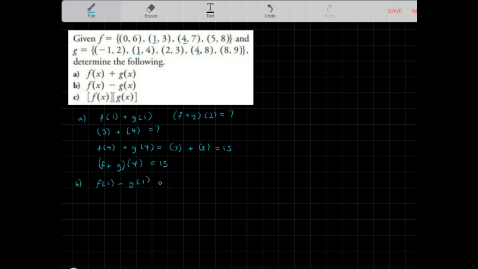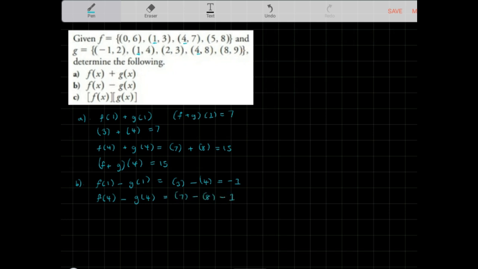So if I do f of 1 minus g of 1, f of 1 here was 3. G of 1 here was 4. So 3 minus 4 here is negative 1. And the other point that we can actually use here is f of 4 minus g of 4. And in this case, f of 4 minus g of 4 is going to give us, f of 4 here is 7, g of 4 here is 8,